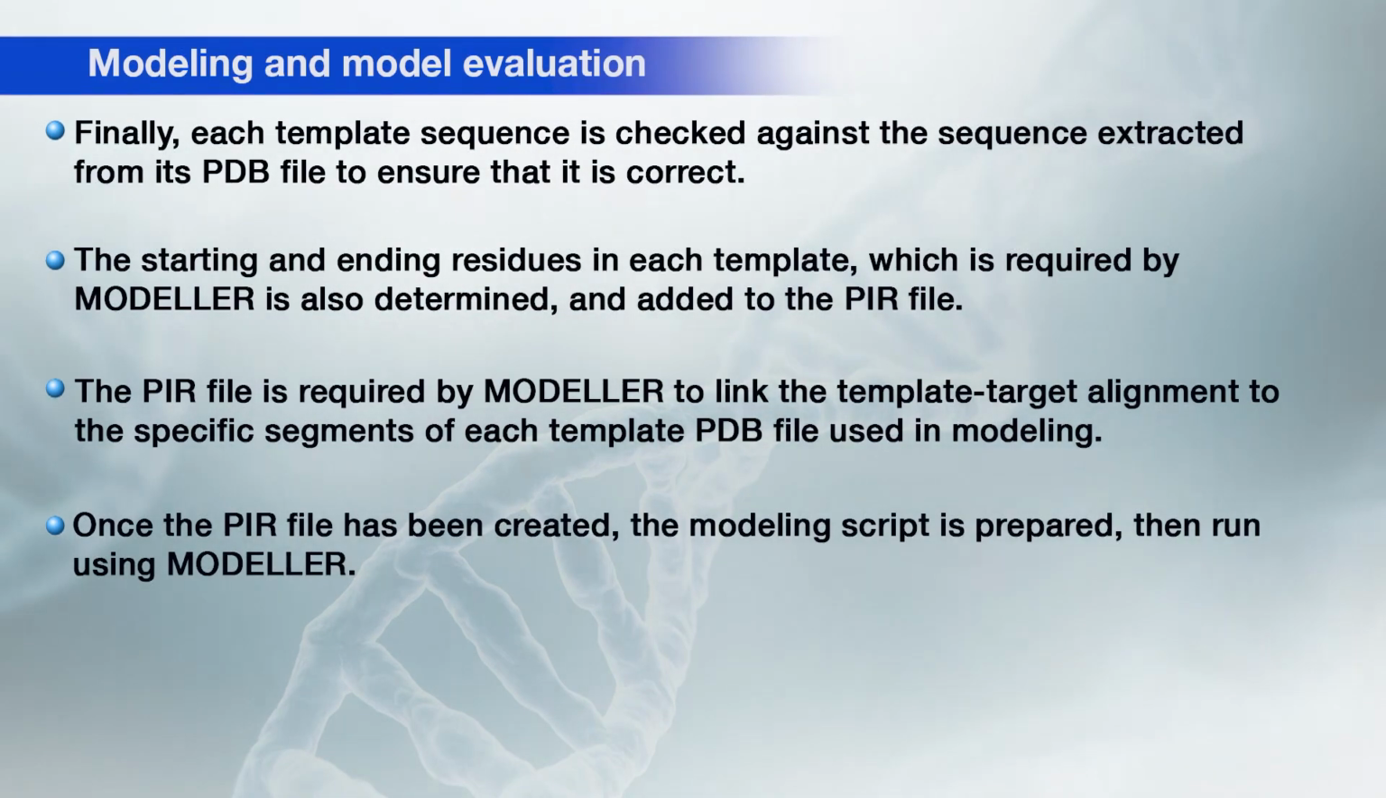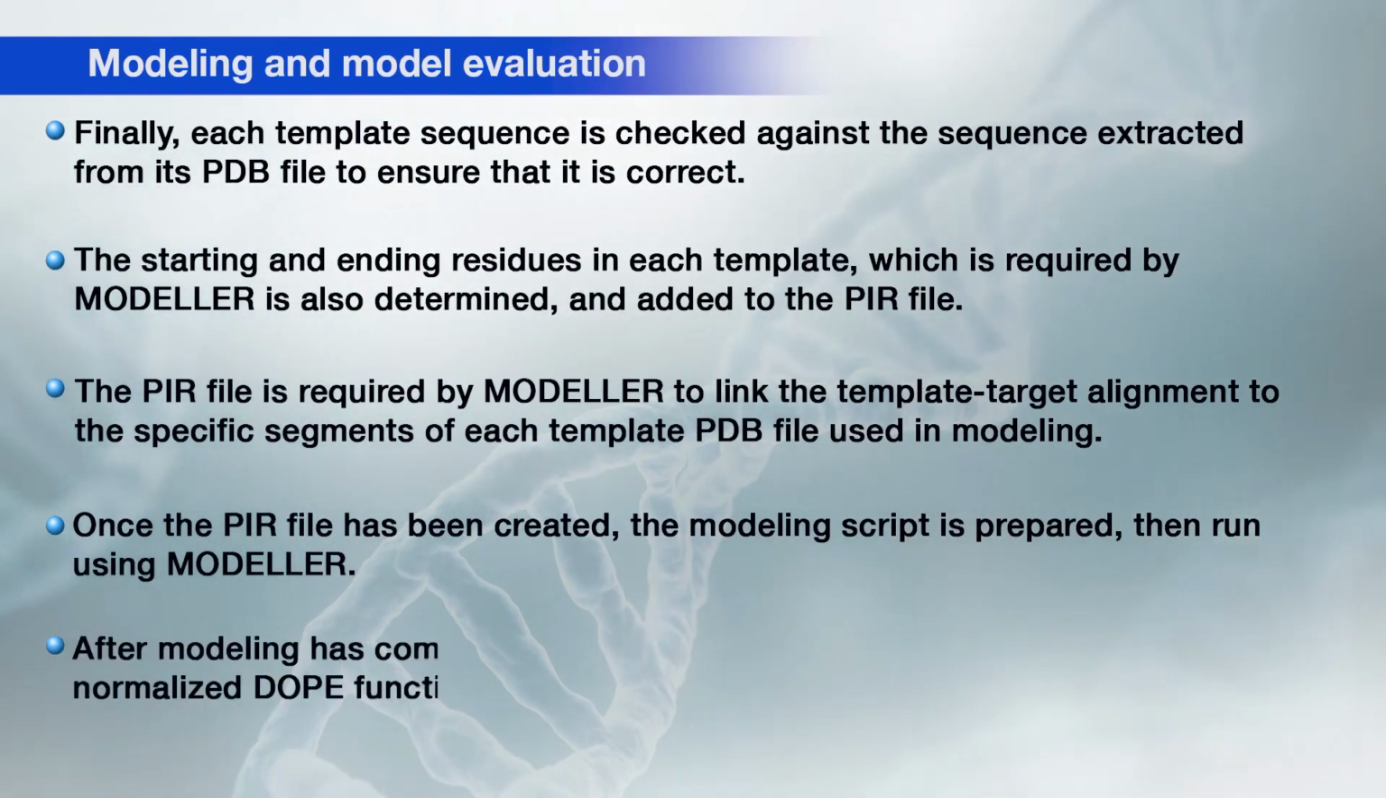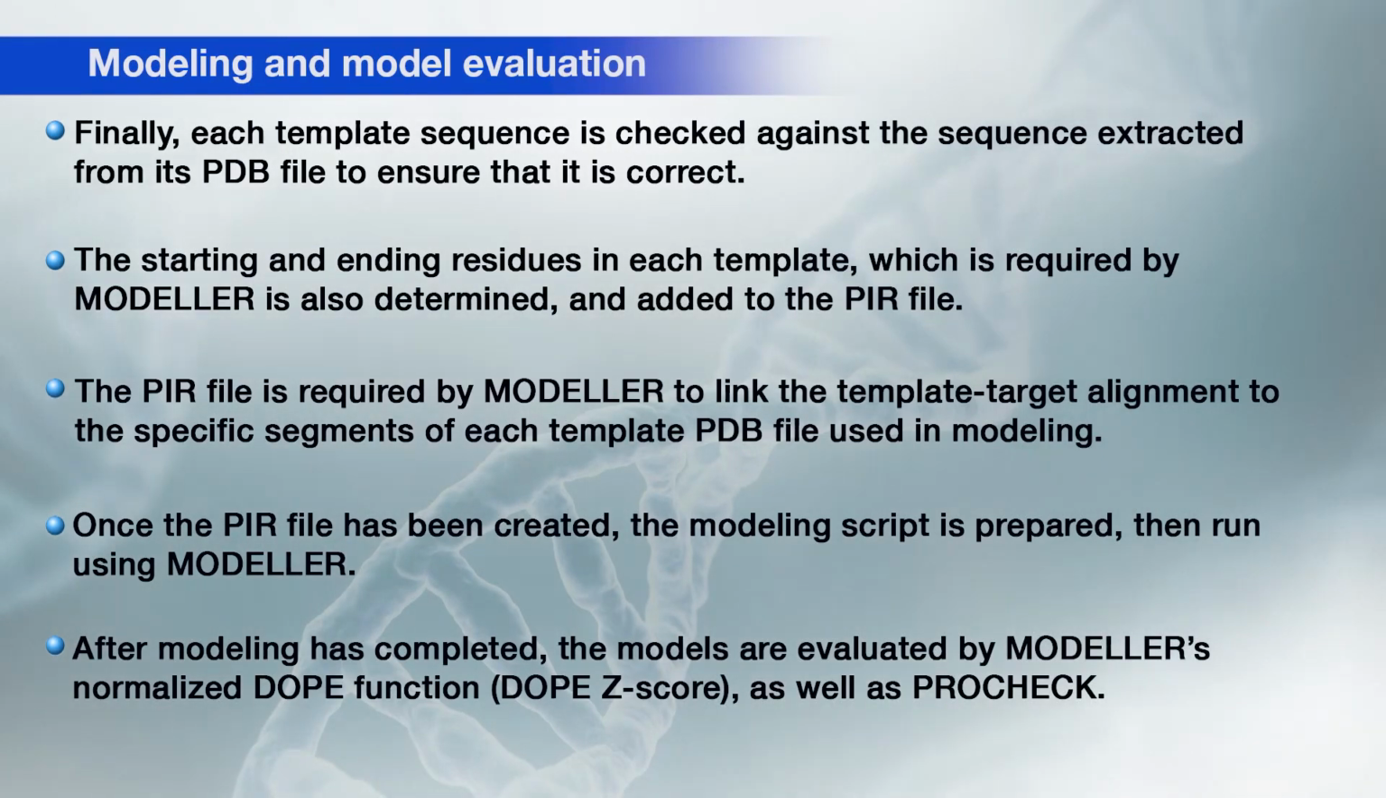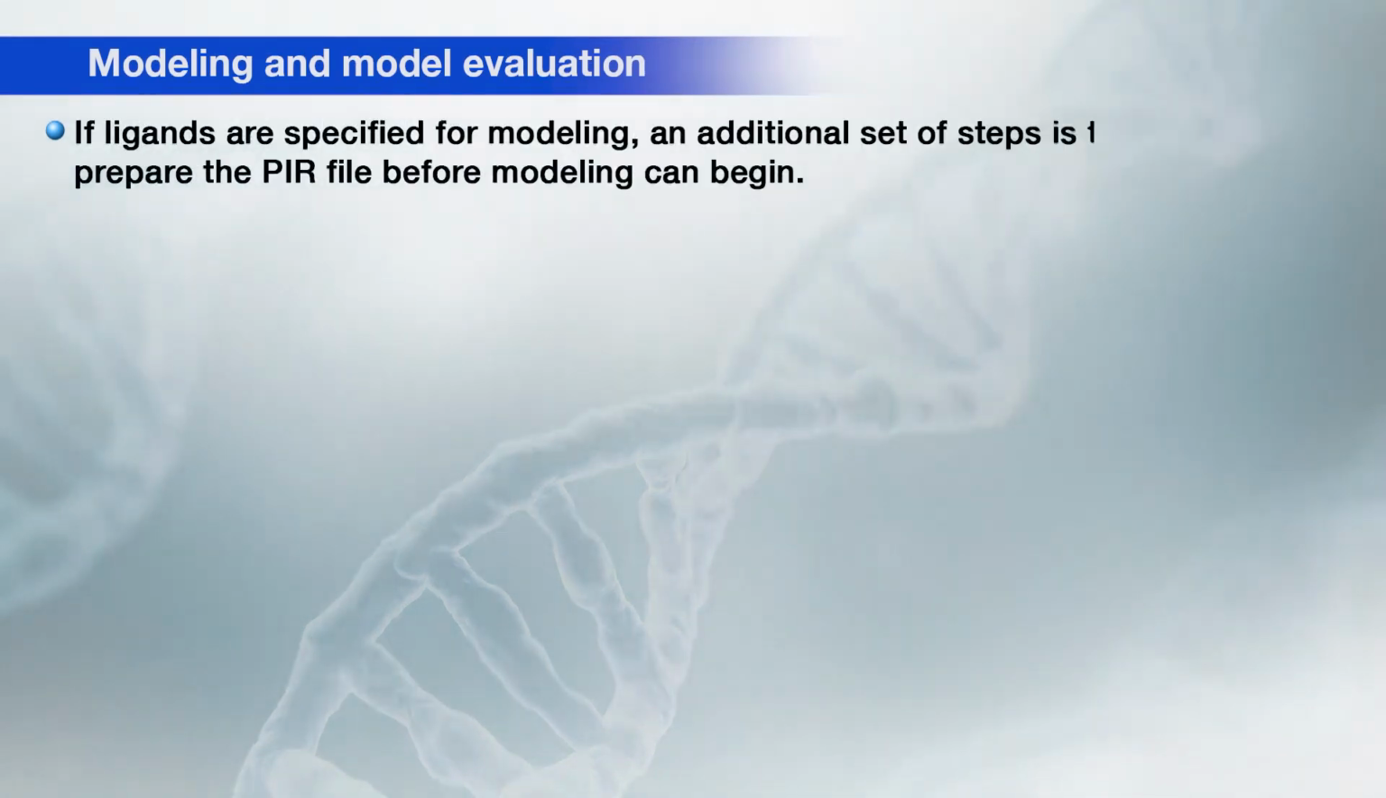Once the PIR file has been created, the modeling script is prepared. Then it runs using MODELLER. After modeling has completed, the models are evaluated by MODELLER's normalized DOPE Z-score, which we have seen, as well as ProCheck. If ligands are specified for modeling, an additional set of steps is taken to prepare the PIR file before